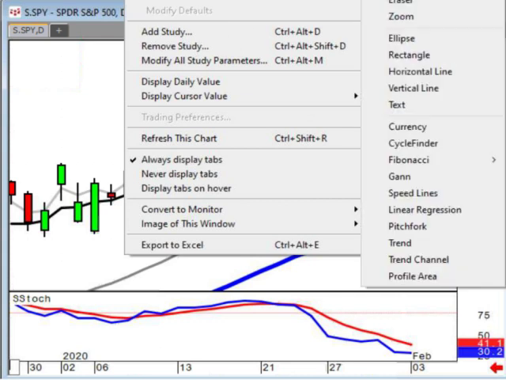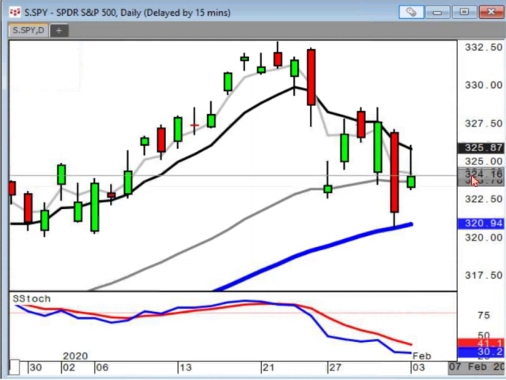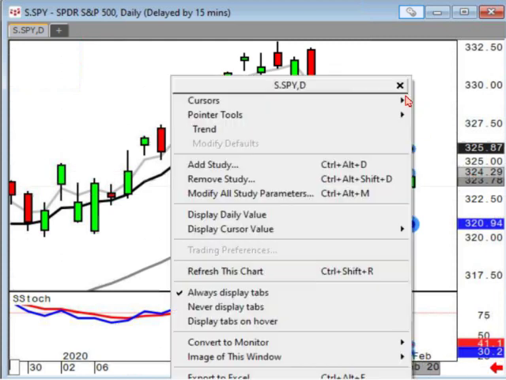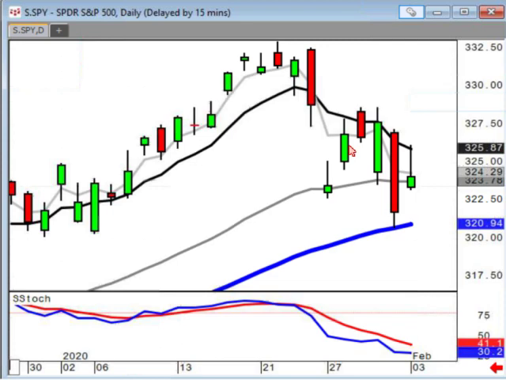Pointer tools. That didn't do it. Well, if that doesn't make you want to kick your grandmother, that just,